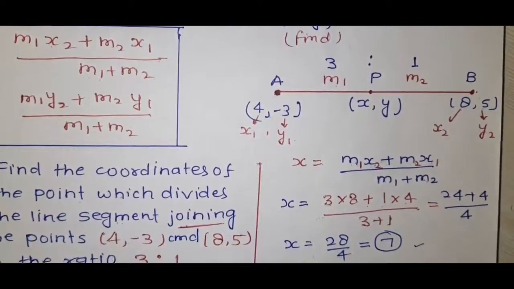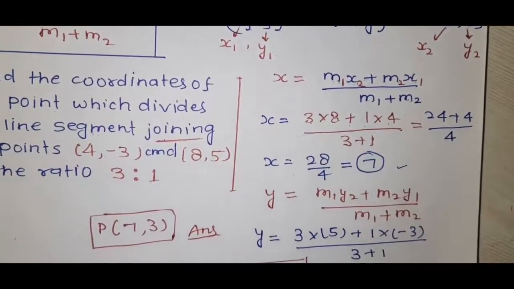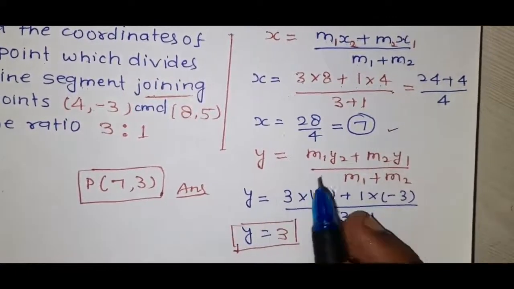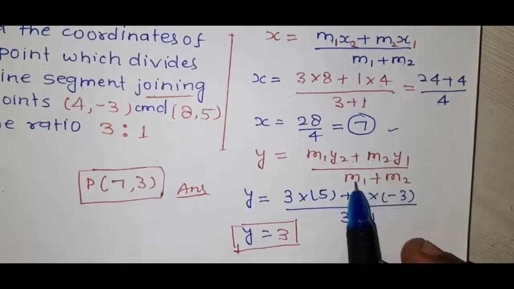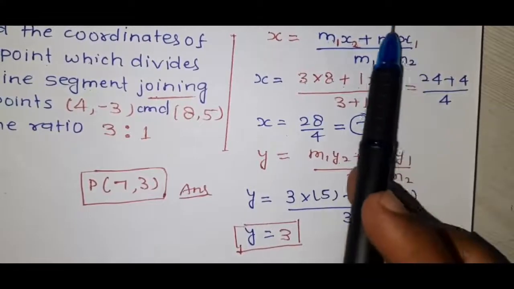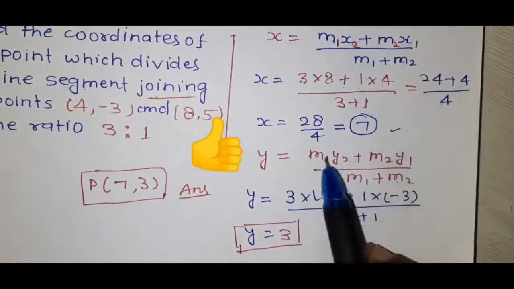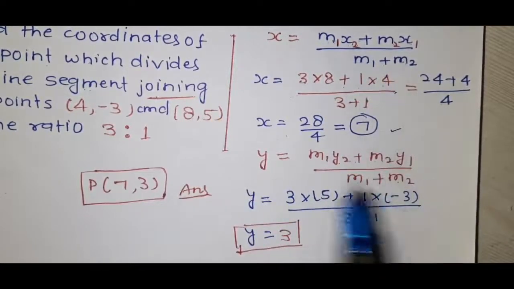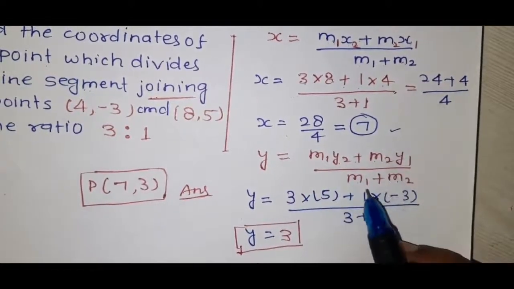Again, let us try to find the ordinate. It is also the second coordinate of the ordered pair for the point P. And how can we find the value of y? That is very simple. Y is equal to m1 y2 plus m2 y1 upon m1 plus m2. It is very simple to learn the formula. If you have learned the pattern for x, you can also easily find the pattern for y. You just have to replace x by y, and all the numeric values will remain the same: 1 2, 2 1, 1 and 2.